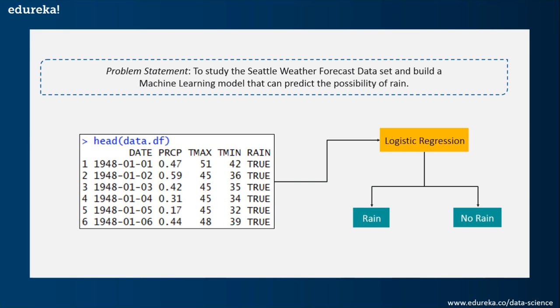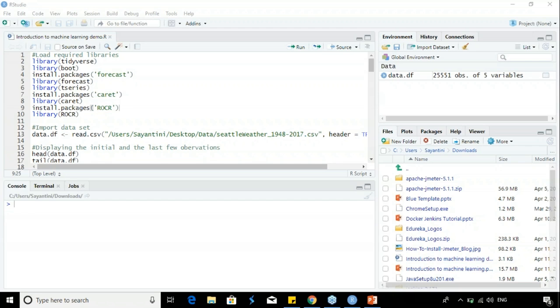All right, this is where it gets interesting. Now, a short disclaimer that I'll be using the R language to show you how machine learning works. R is a statistical programming language which is mainly used for data science and machine learning. If you want to learn more about R, then I'm going to leave a link in the description box. You can go through that video and try to understand how R programming happens. Now, for this demo, I'll be explaining each and every line. So don't worry if you don't know much about R, but I am assuming that you have a little bit of knowledge about the language.